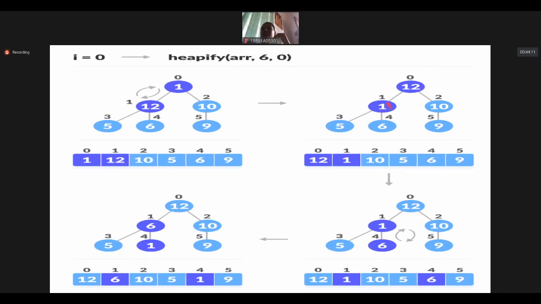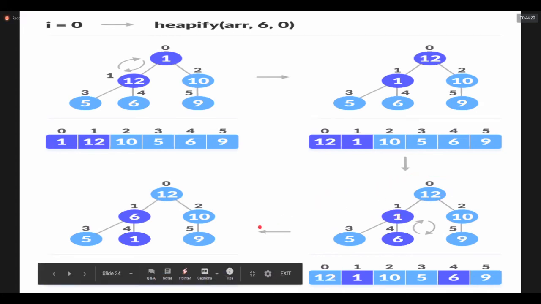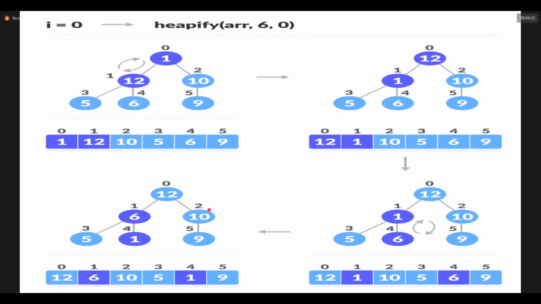Here, the max tree property compares all levels of the tree. So 1 is less than its children. Which one is the largest in the subtree? 1, 5, 6. 6 is the largest. So swap the 6 and 1. So 6 becomes the parent of 1 here. Okay, after the 6 and 1 swap, the complete tree is in max tree property.